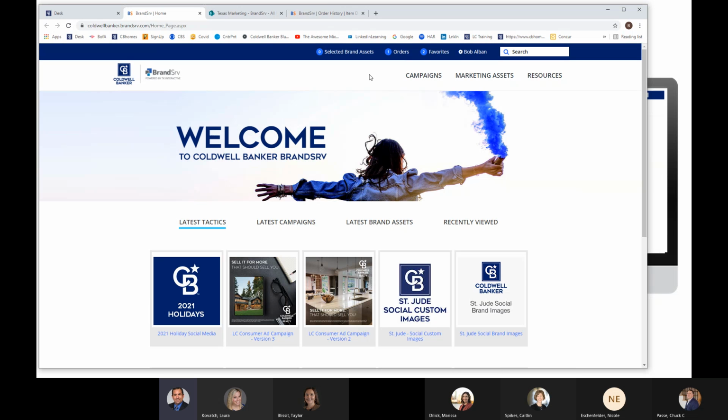So here on the dashboard, we see a bunch of information. We see things like campaigns, marketing assets, and resources. And then down here, the latest and greatest ones that they're pushing out as we speak for tactics, which tends to be all the programs that you can access. The campaigns, which are multi-level campaigns like St. Jude and Good News and things like that. Brand assets and marketing assets in accompanying form tend to be things like photos and logos and things that have been created. And then